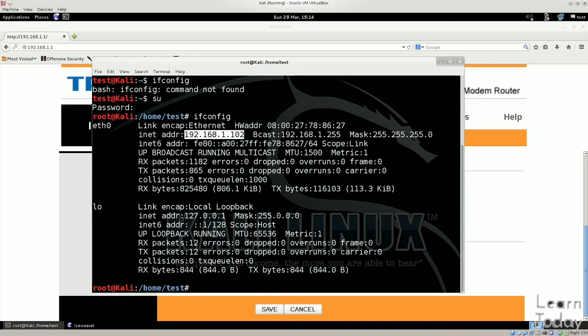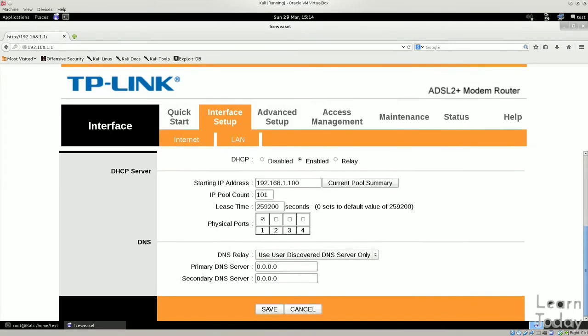Now these IP addresses are dynamic, and hopefully they won't change for the duration of this tutorial. In order to perform this attack on a larger scale, like if you want to remotely do this, because this attack is actually meant to be done on remote basis. So let's say that you're somewhere in Europe and somebody else is like in Eastern Russia or something like that. You would be able to do this, but you would need to have a static public IP address, not necessarily even static, but you would need to do significant configuration to your router in order to be able to do